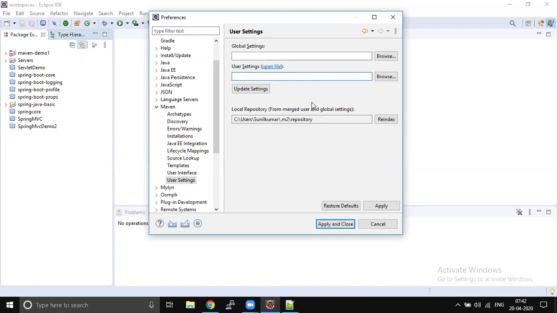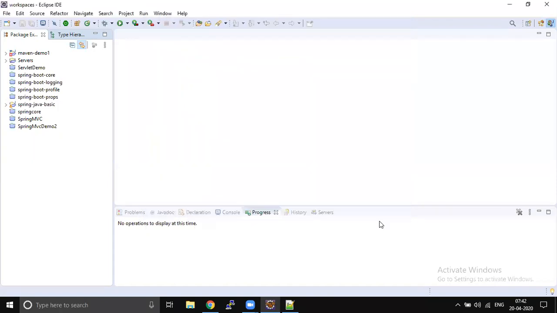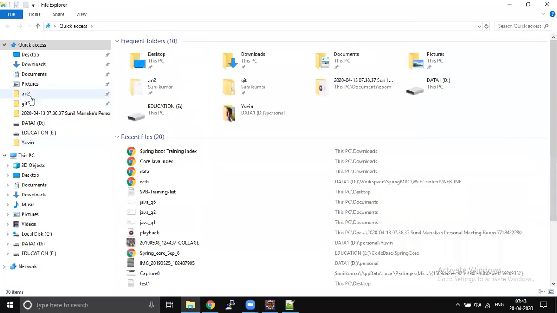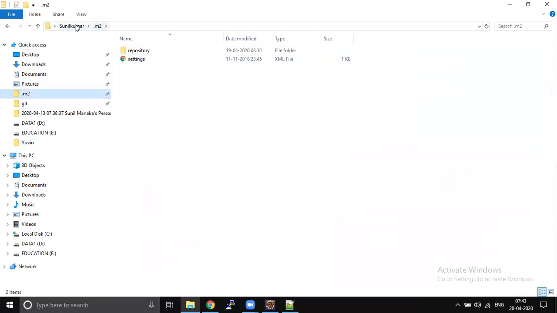Okay. Most of the time we don't use a settings.xml file, but sometimes we may need to. So let's open the settings.xml and see what the components are. Usually we keep the settings.xml file in our .m2 folder, under the users folder, under your user ID.